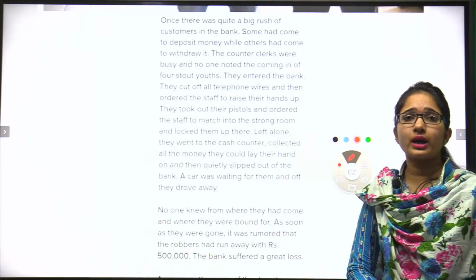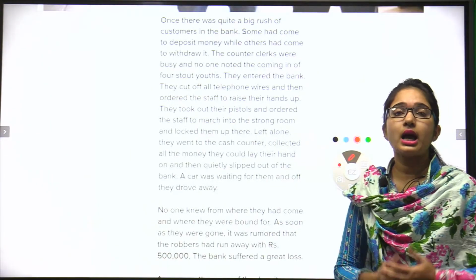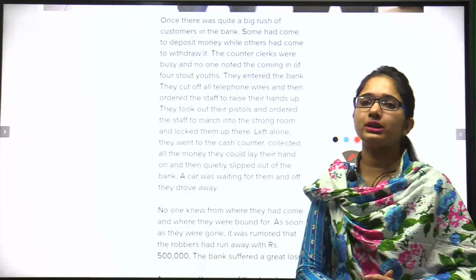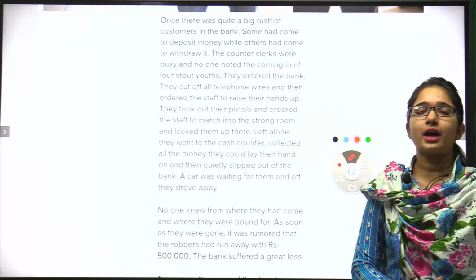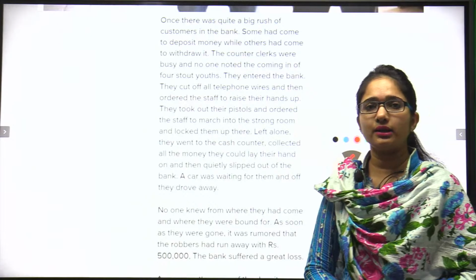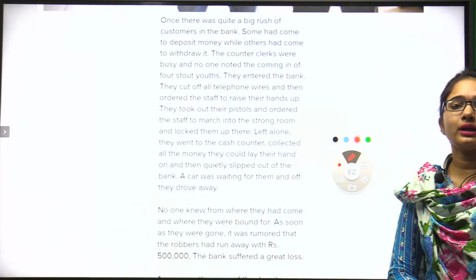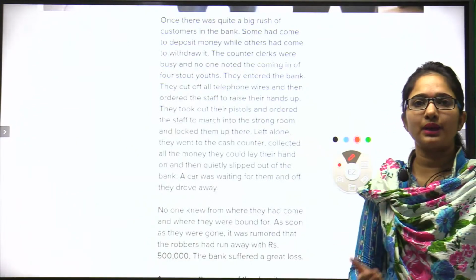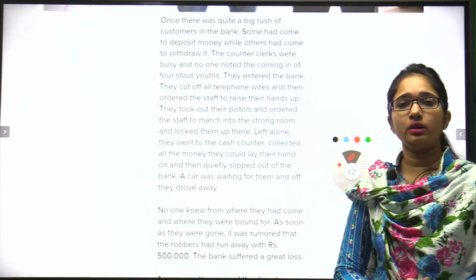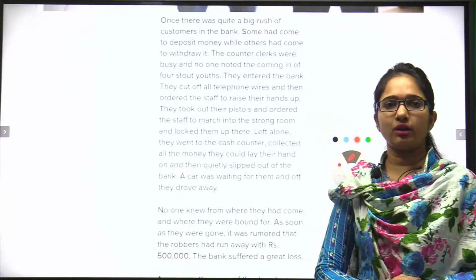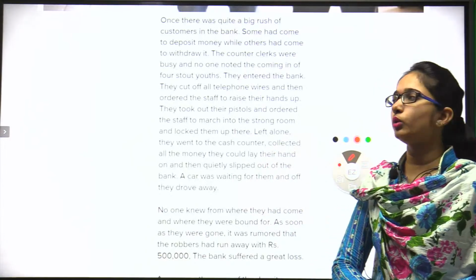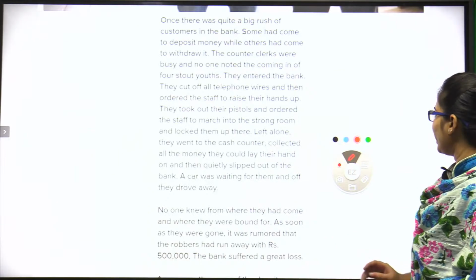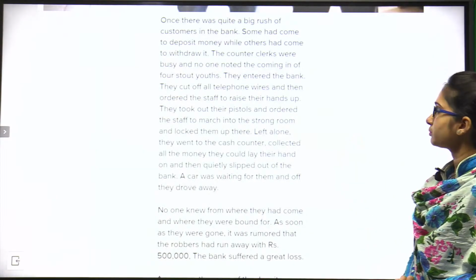If you want to write a description of a bank robbery, how do we have to start? First, we have to give a heading or title to our description. And what is the title? The title is a bank robbery. You can give the name of the bank also. Suppose a bank robbery in Punjab National Bank, a bank robbery in SBI Bank, whatever you want, you can give in the heading, or we can just write a bank robbery. So now let's start.